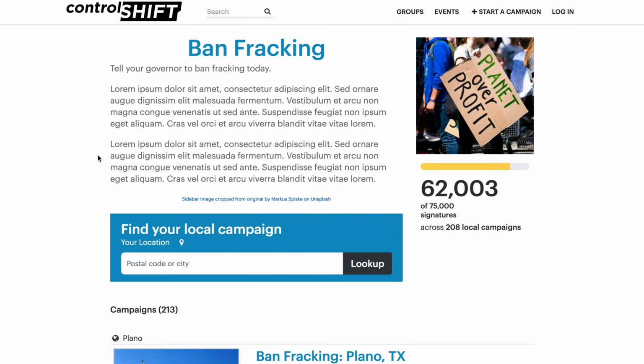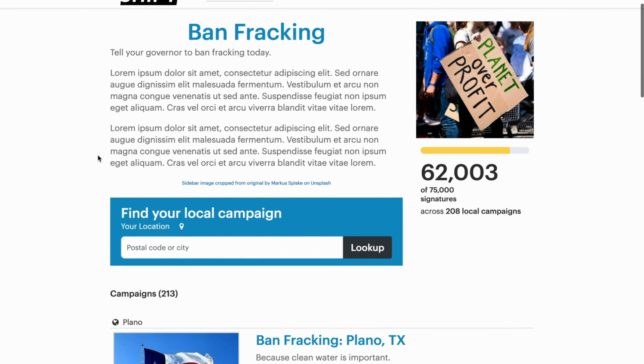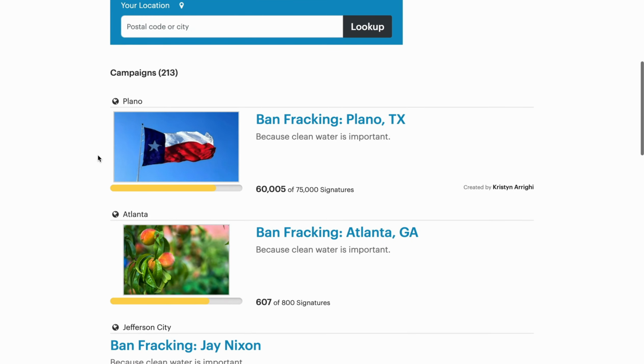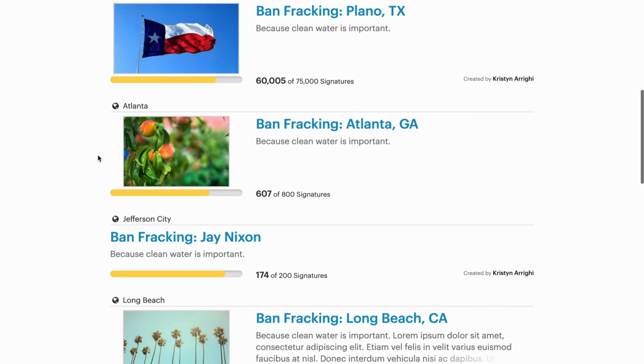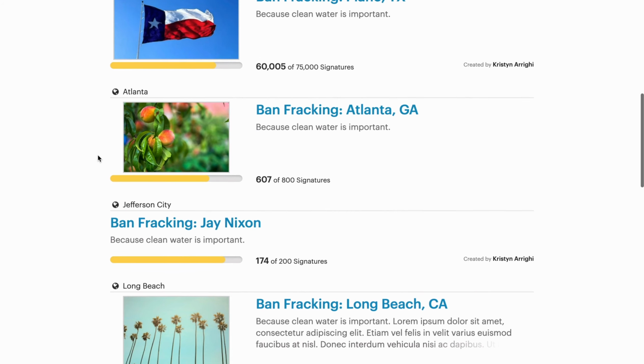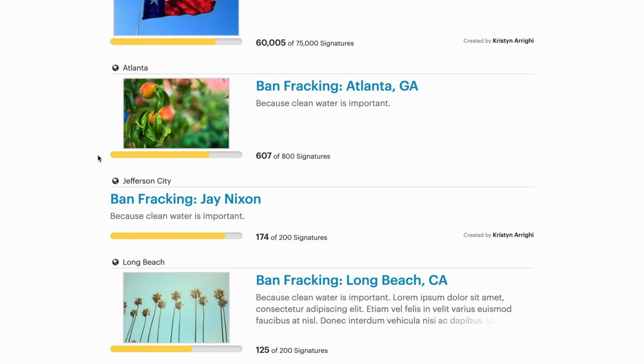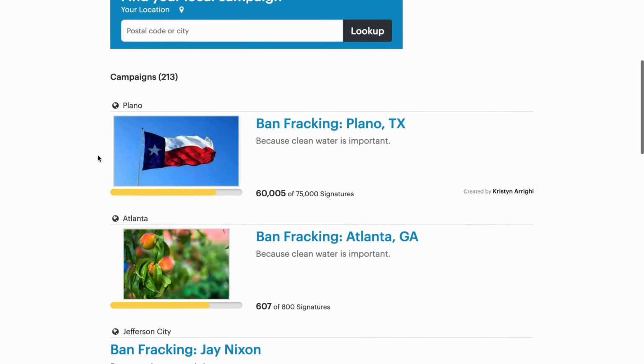The other effort lookup page is the efforts hub page. The hub page uses a list view of petitions instead of a map. If site visitors scroll through this page, they'll be able to see all of the fully created petitions that are part of this effort. Like with the efforts landing page, supporters can search for their location on this effort hub page to see the closest campaigns to them.